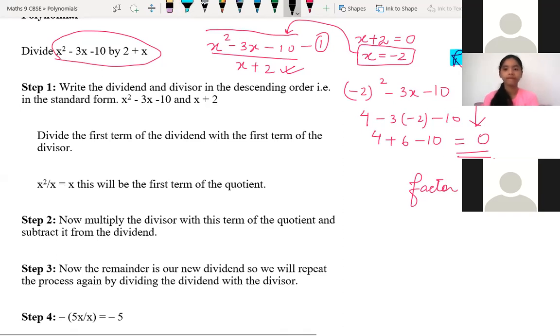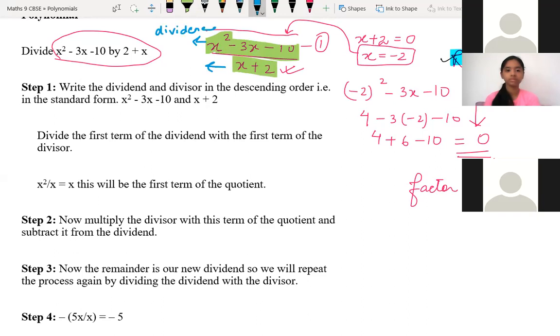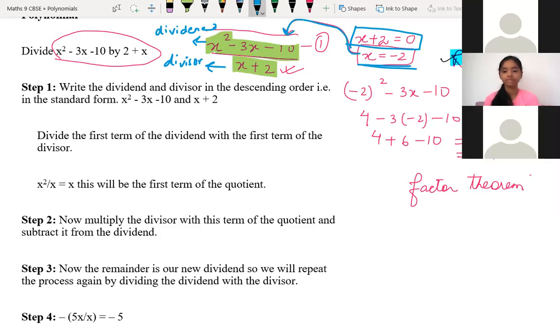So first of all, here I'm just trying to make you understand the remainder theorem. So if you're writing x square minus 3x minus 10 is divisible by x plus 2, first, what is your divisor? What is dividend? So this part is your divisor, and this is your dividend. So first what you do, make divisor equal to 0. What will you get as the value of x? You will get minus 2. Same, you put the value of x in the dividend.